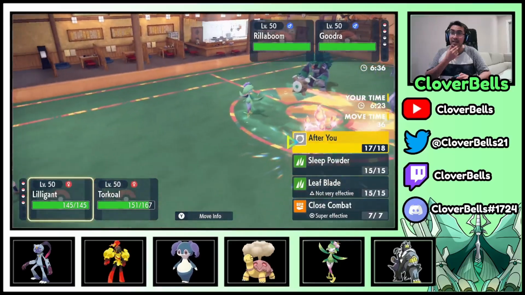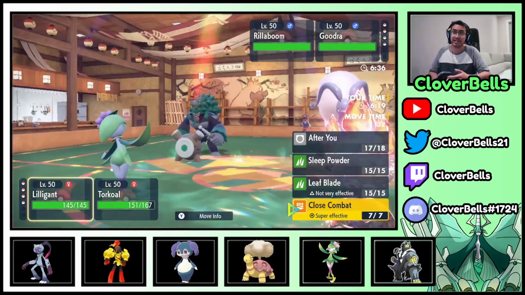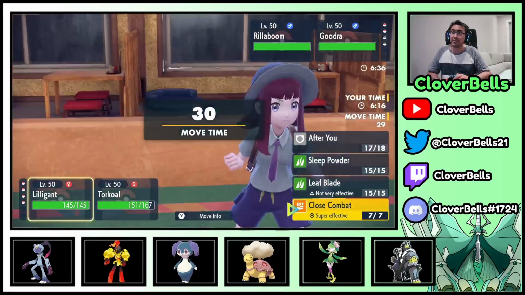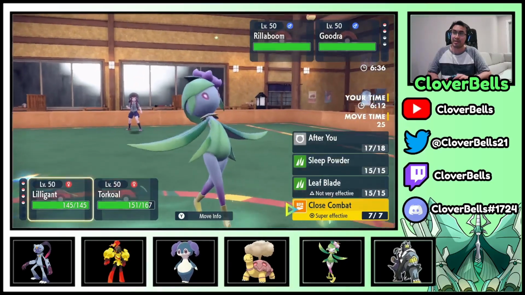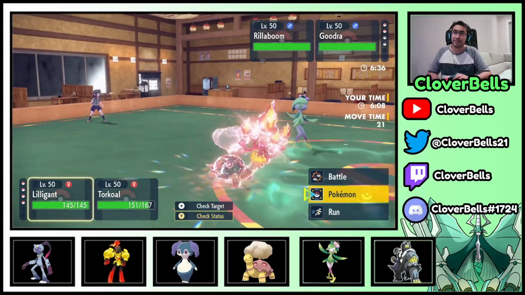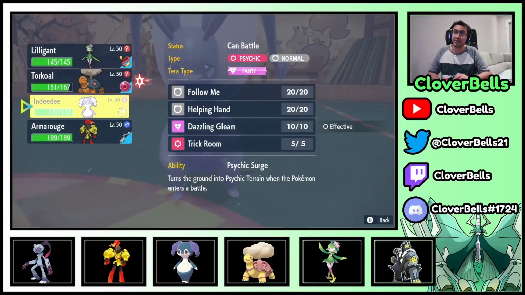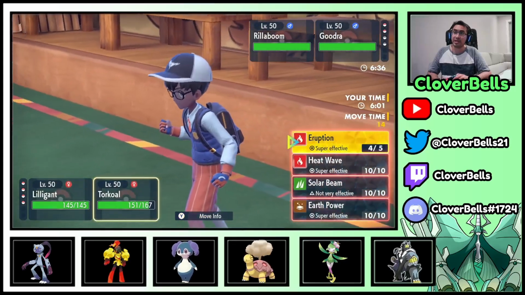Again, I can click Close Combat into that Goodra. He didn't click Tera though. So that being said, can I still click? Does he go for Fake Out? That's the question. So I'm gonna take a risk here. I'm gonna go into the Indeedee, and I'm gonna click